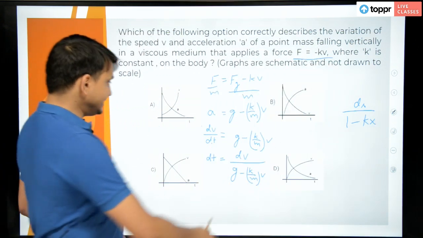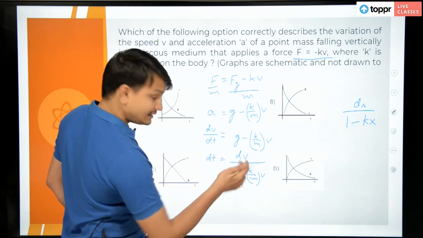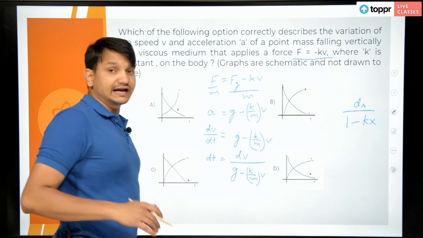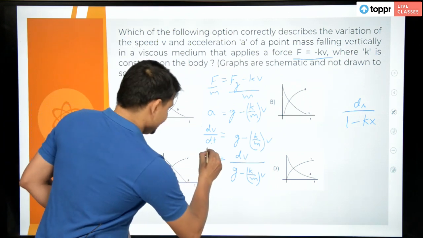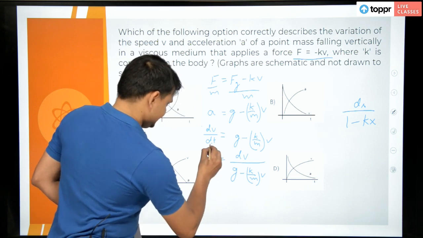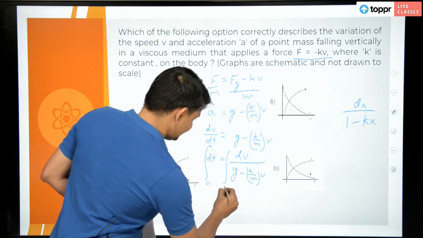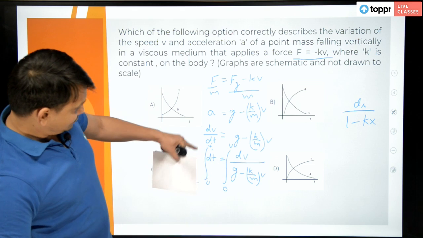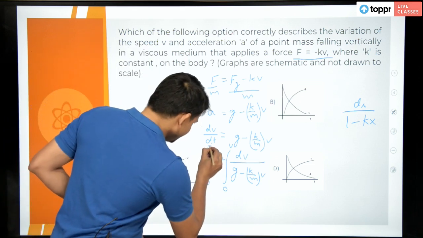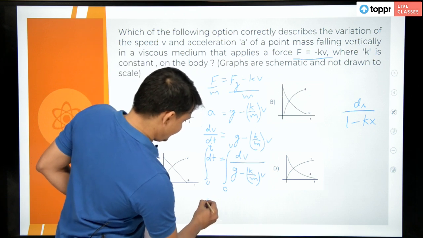And if we integrate this whole thing, let us say we integrate both sides from 0 to the final value. So, let us say the time is 0 to t. So, we are getting the function v with respect to time t. So, our time t here would be equal to